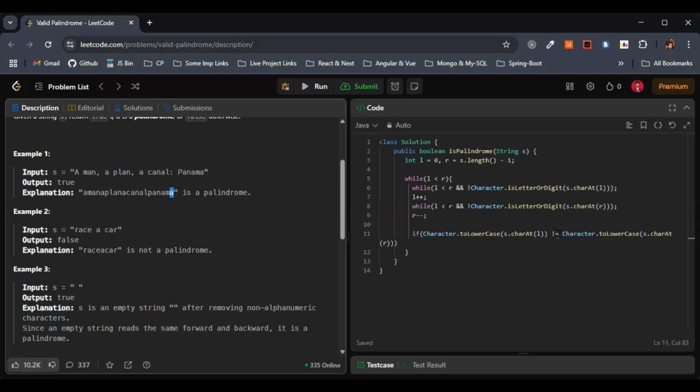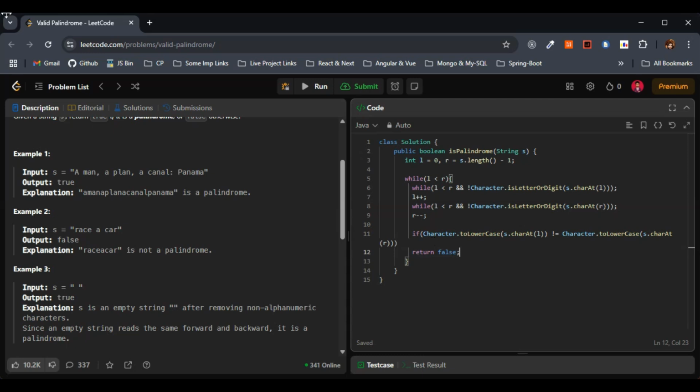If it is not equal, then we can directly return false. It has to be equal, because for this to be a palindrome, every letter has to be equal, right? So if it is not equal in this case, we will directly return false. So I'll just write here return false in this case. So next,